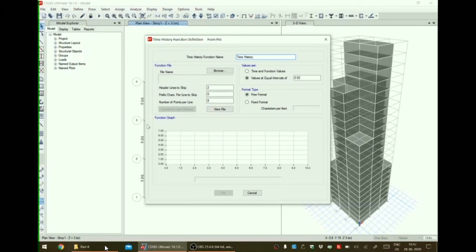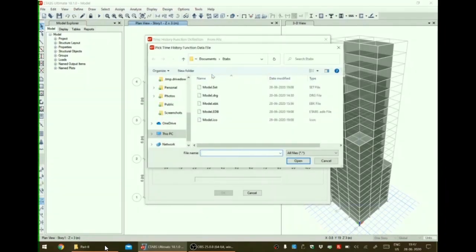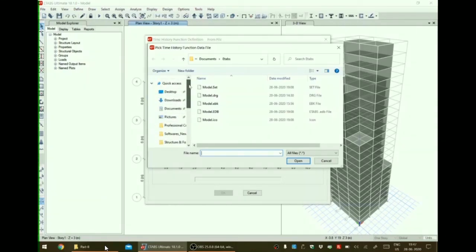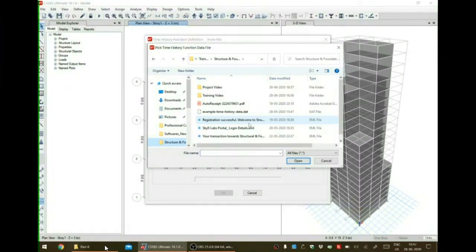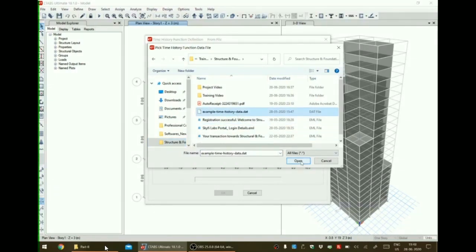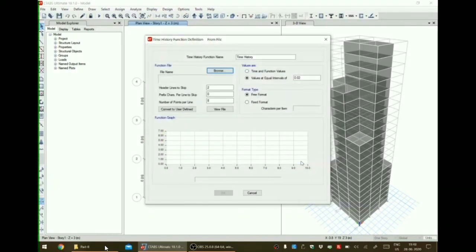The file name, we have to browse and select the function file. Now we have the time history file that we have selected.